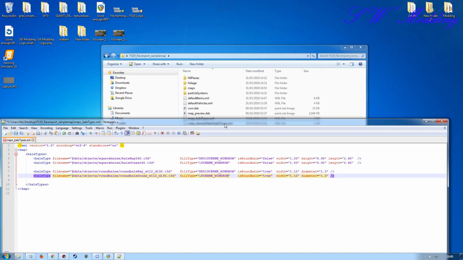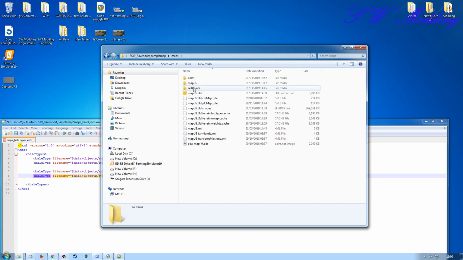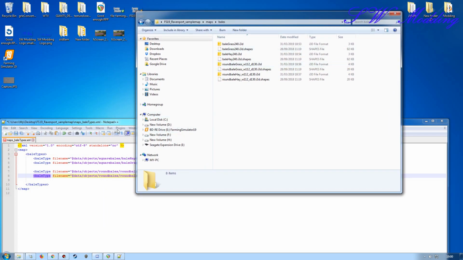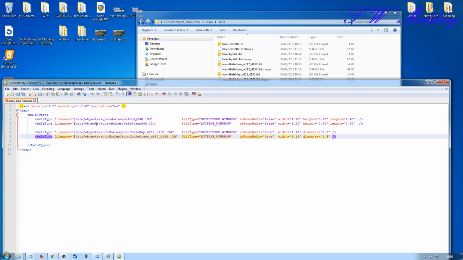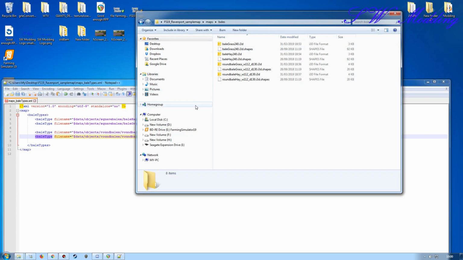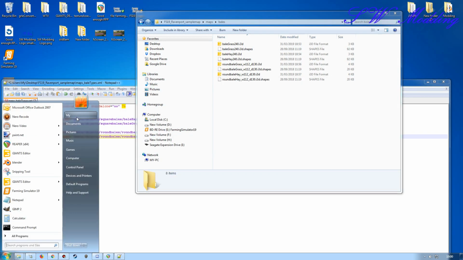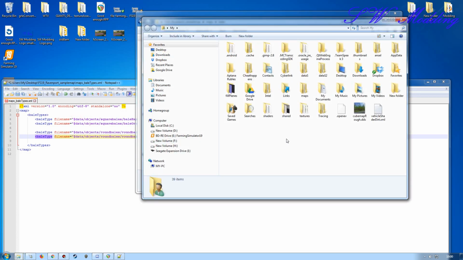So what I'm going to do then is let's take the file names here. They should all be the same because I'm not going to change any of this stuff. So we've got bale hay, bale grass, round bale hay. Yeah, so all of those are the same, so that's fine. I can just leave those as they are. But then what I need to do is change all of this stuff. So for me, this is going to be weird because I think I did this in my hops video before they fixed it. So it's going to be,